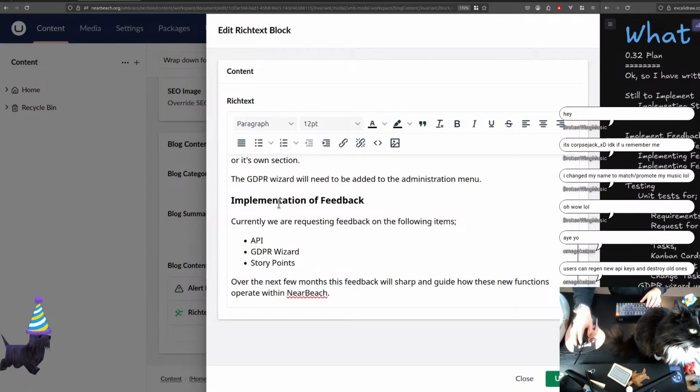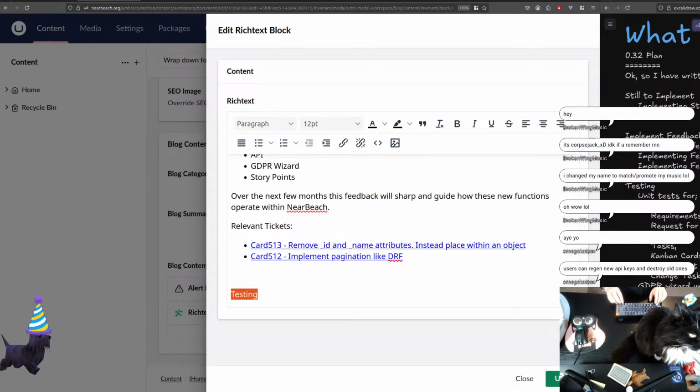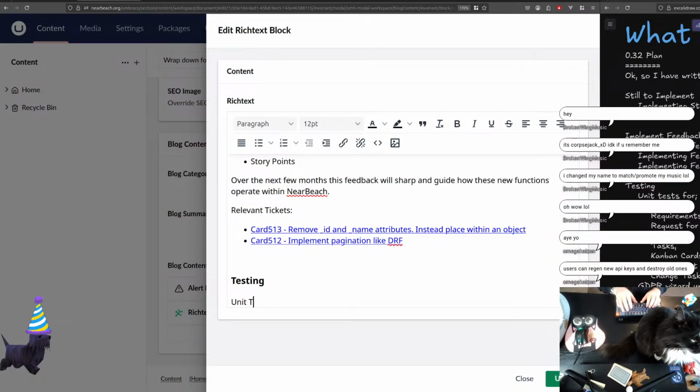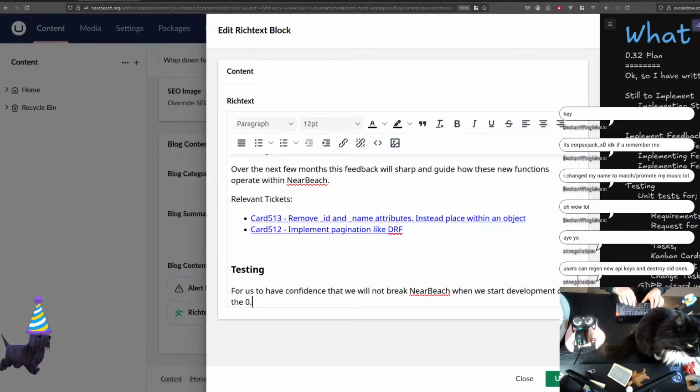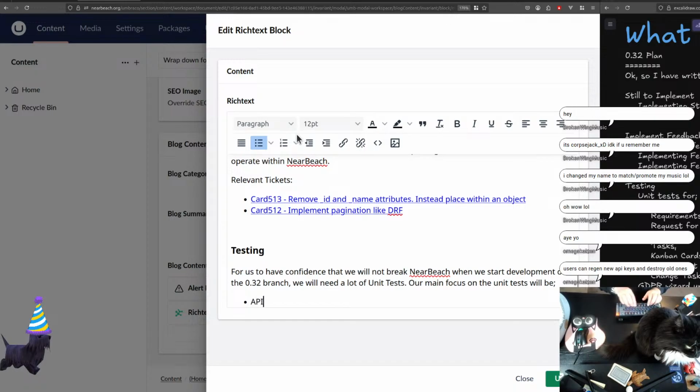So the testing will be a section header, and then unit tests. All right. Okay. For us to have confidence that we will not break NearBeach when we start development of the 0.32 branch, we will need a lot of unit tests. Our main focus on the unit tests will be, and this is where we do this, API, and we're just going to go